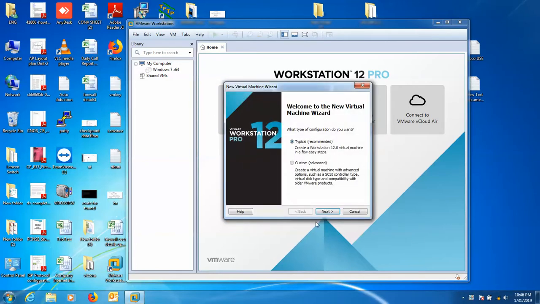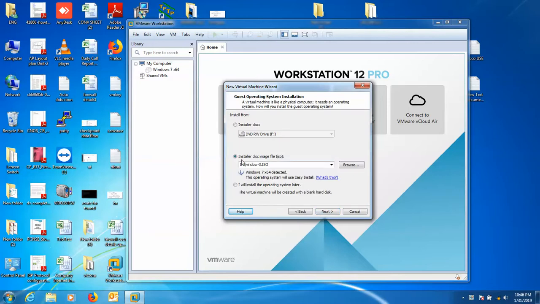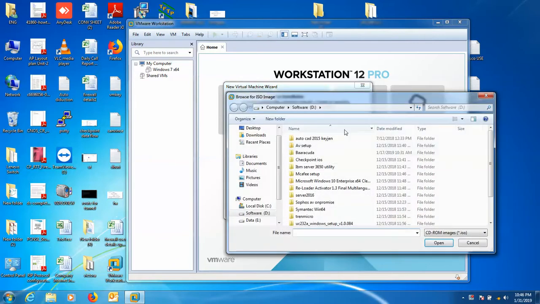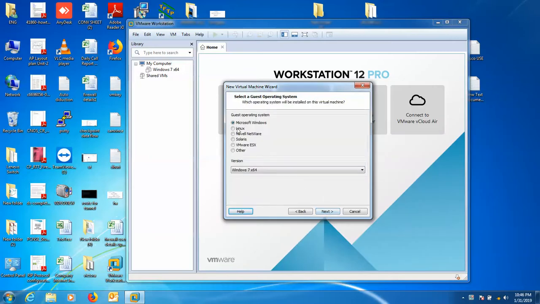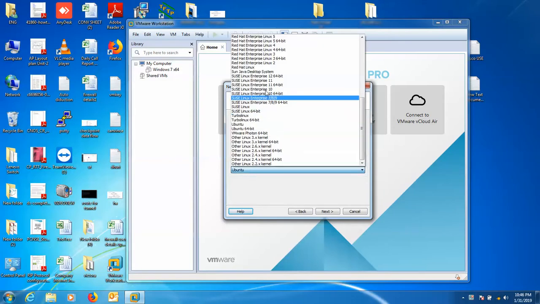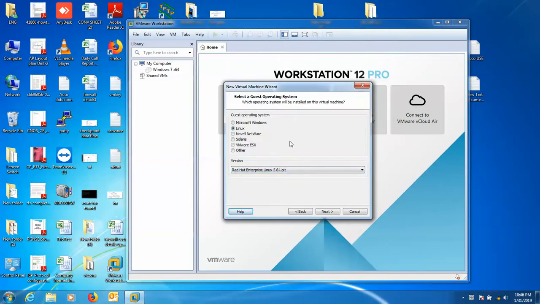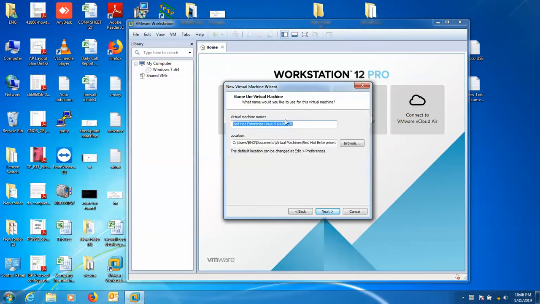Create a virtual machine, select the ISO image, Checkpoint R77.30, and next choose the Linux version 64-bit. Next type the virtual machine name